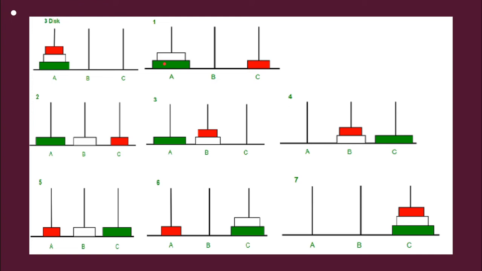Now we cannot shift the bottom disk directly, so we first have to shift the top disk, because the rule says we can remove only from the top of the stack. Now the top of the stack contains the white disk, so we move this to the next rod. This is done here. The top is moved to the next rod. Here also the rule is followed: we can place only a smaller disk on a bigger disk, and only one movement can take place at a time. So now we have distributed the three disks across the three rods.